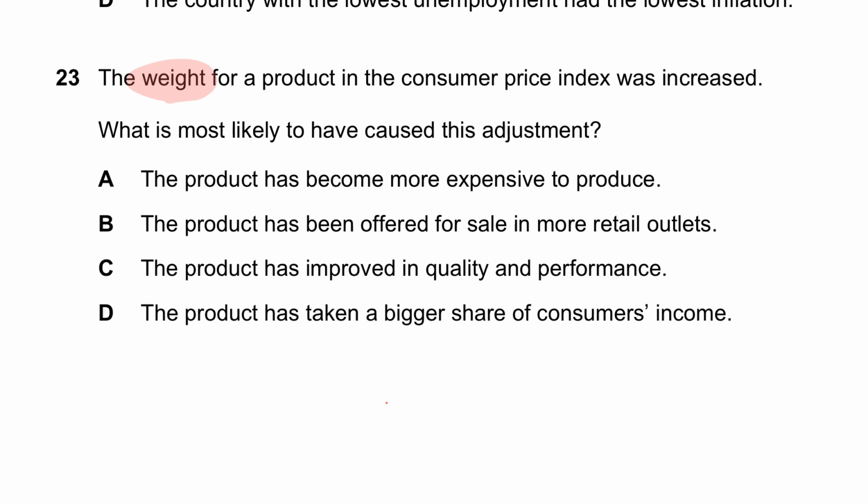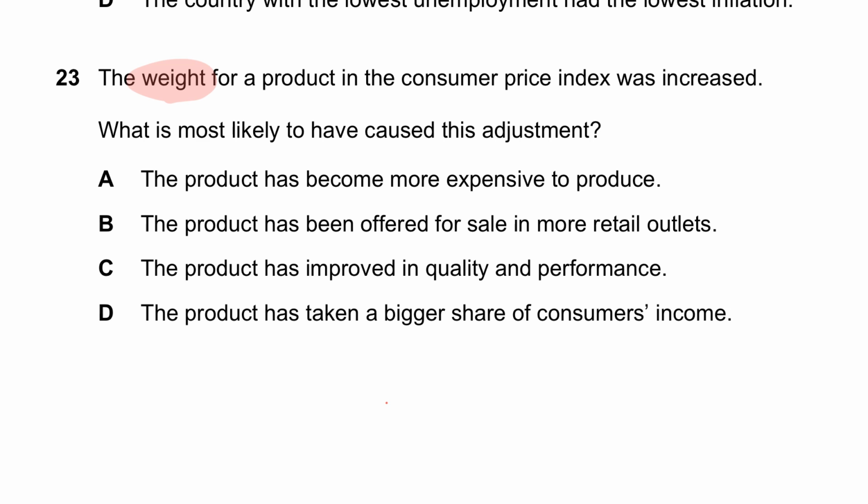So when we are calculating inflation, if some goods take up a larger proportion of our income, or if the consumer is spending more on those goods, then we would give those goods more weight in order to give them more importance in the calculation of inflation. Because if the price of, let's say, a good which takes up almost 40% of your income, for example, housing rent, goes up, then that can impact inflation much more than a good which is not that important. So you will give a higher weight to that good which takes up a larger proportion of your